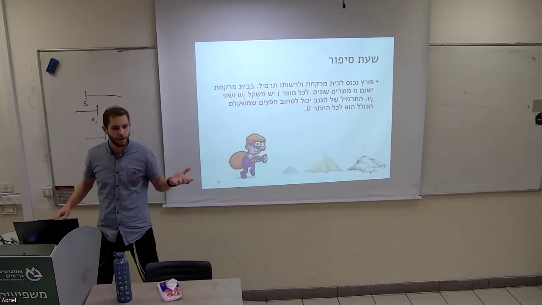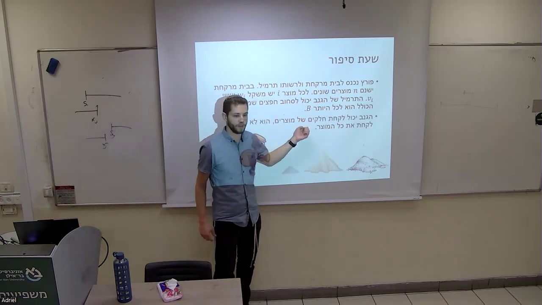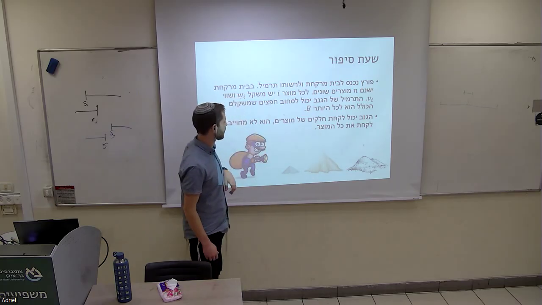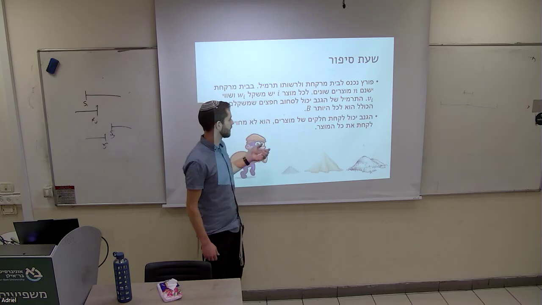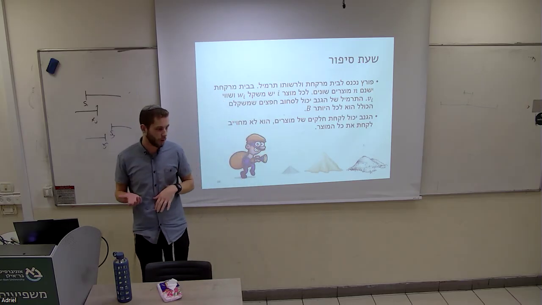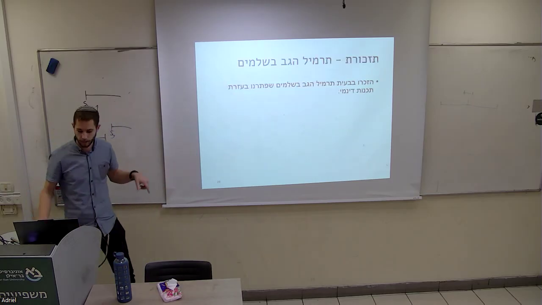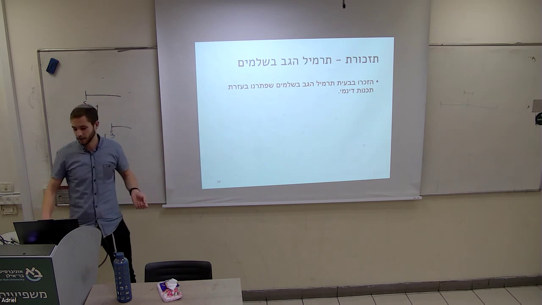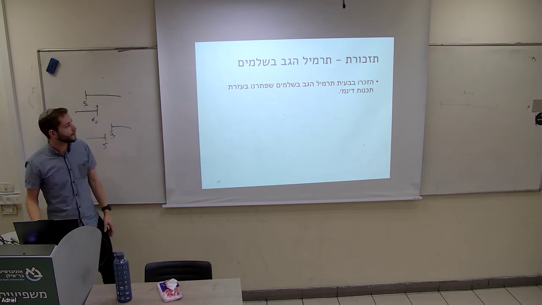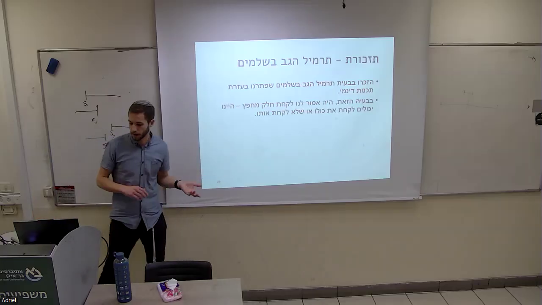Only once we did this, but now we have a little twist. The robber can take parts of items. It's the fractional knapsack. He doesn't have to take the whole item. In the knapsack we did before, we have to take the whole item. So that's also what this slide is about. So remember the knapsack: with integers, we have to either take the whole item or not take it at all.